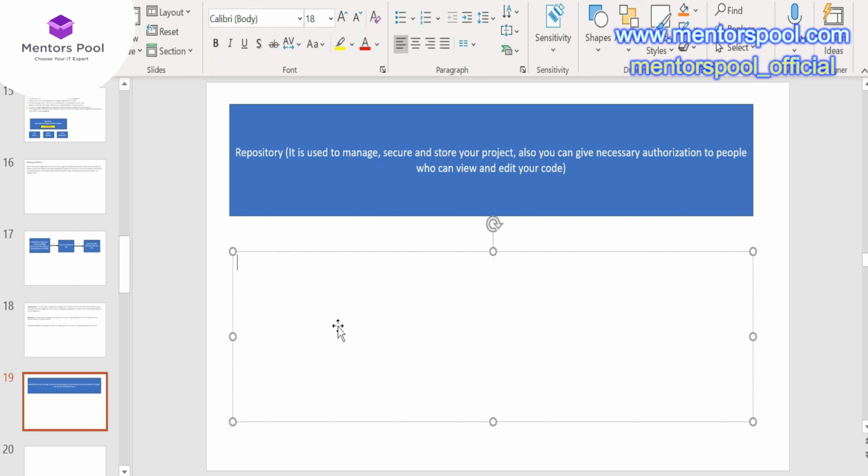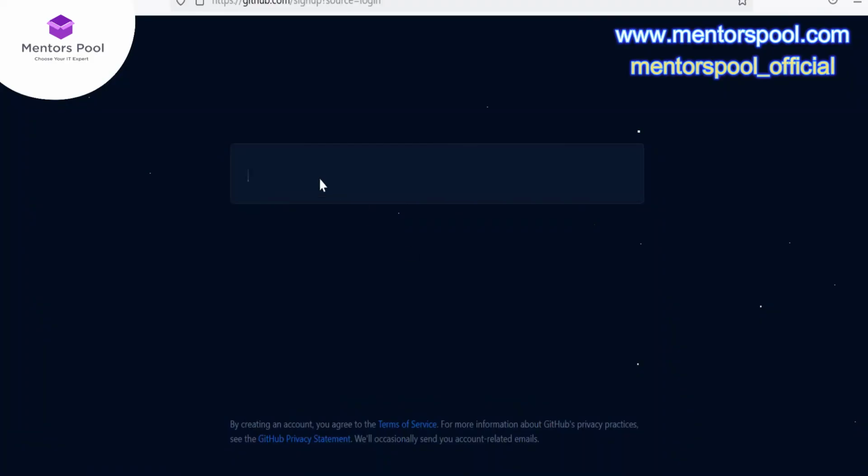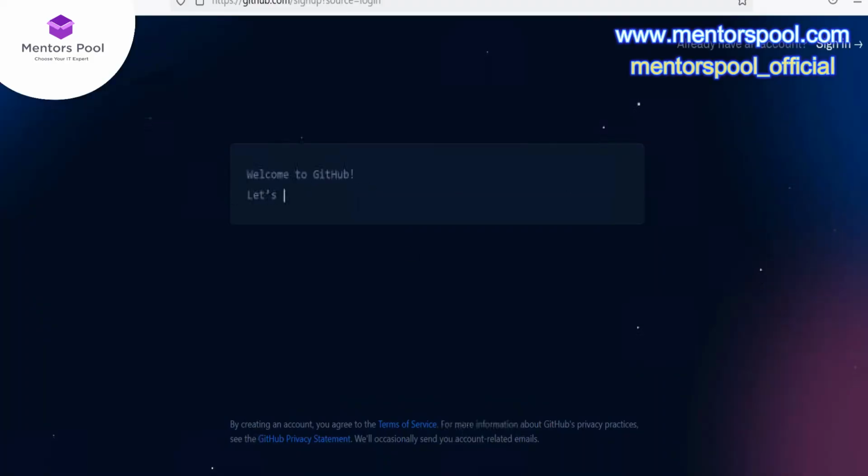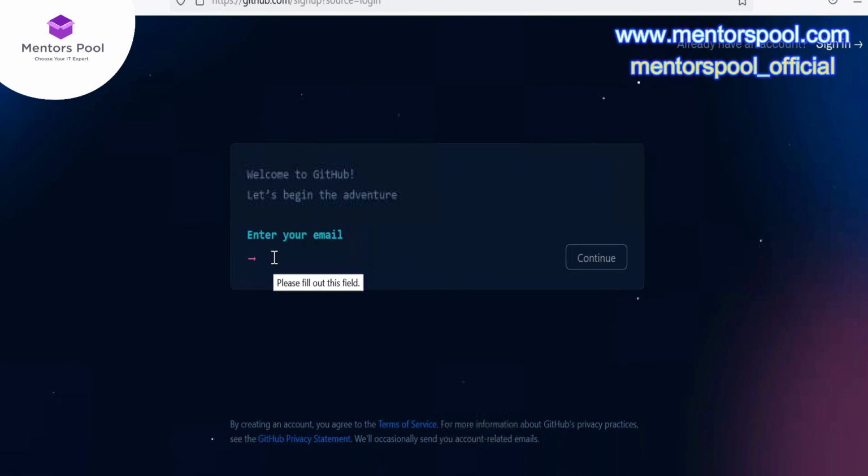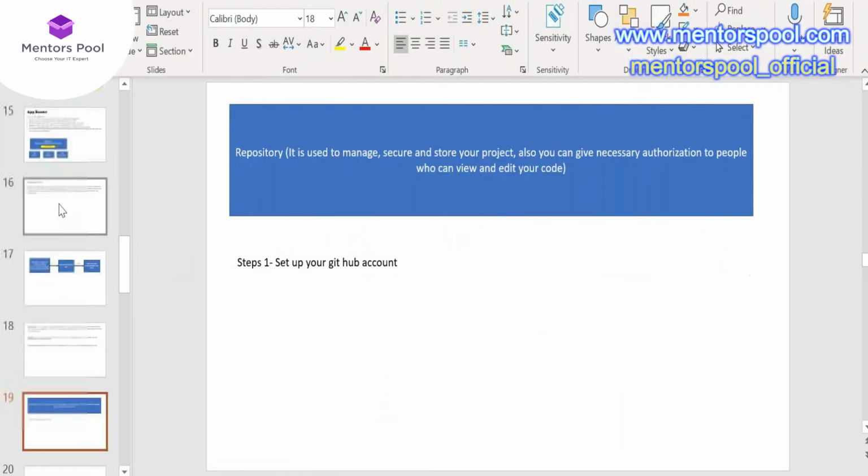So the first step would be to set up your GitHub account. Click on create an account. It will ask you to enter your email. Just type in your email and click continue. Obviously, validation failed, since that's not my email. You just type your email, type your password, and then a passcode, basically an OTP, will be triggered to your email. Just verify it and you are good to go. Then what you need to do next is